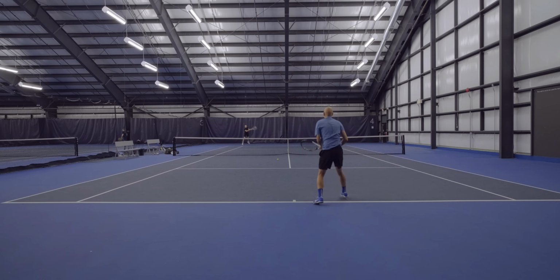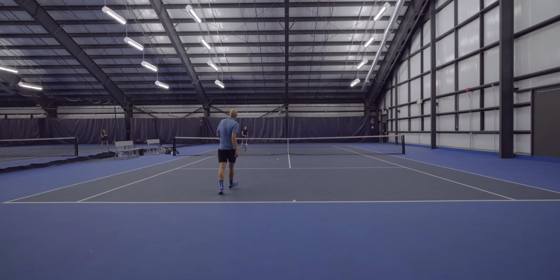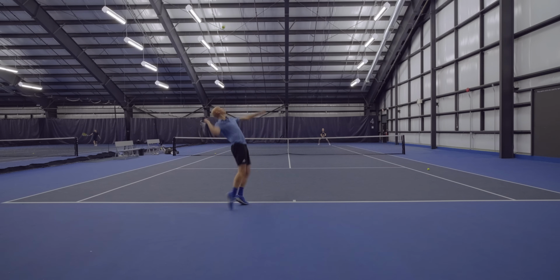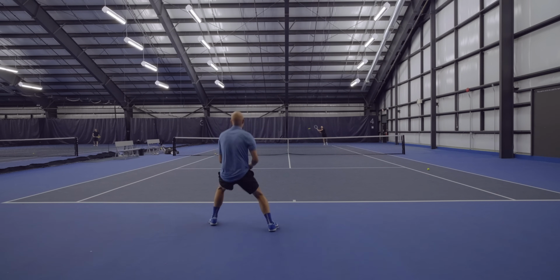The Retail Speed Pro does its best to mimic these qualities without adding too much weight. We still get that tighter string pattern, but that 100 square inch head size gives you a lot more forgiveness off center, combined with a slightly thicker beam and also more of a trapezoidal beam design, which I've noticed gives you a little bit extra forgiveness. You're still getting a huge amount of stability off center and great consistency off the string bed. I love this racket on backhand returns especially, and I really get to just pretend I'm Djokovic when I'm hitting